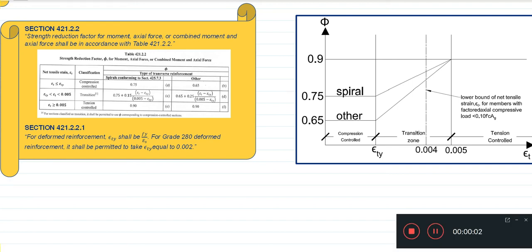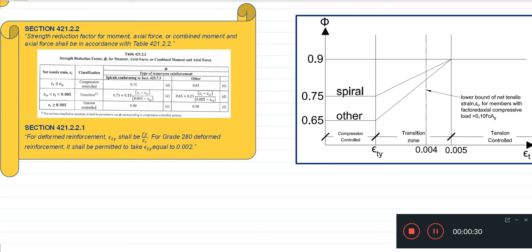Good day, engineers. Ngayon, nandito tayo sa part 4 of our video for the code progression on the analysis of single reinforced beam. Ngayon, ibibigay ko na sa inyo kung paano i-determine yung exact reduction factor from 0.65 to 0.9 nung beams natin. So, it is under the provision of section